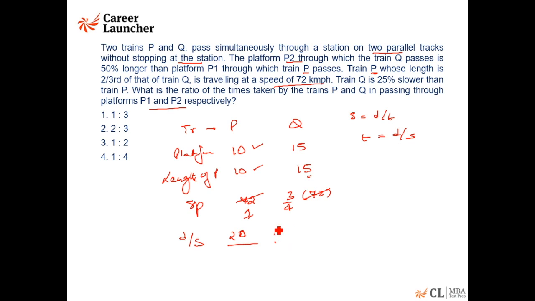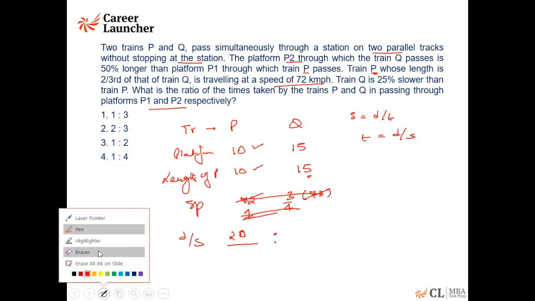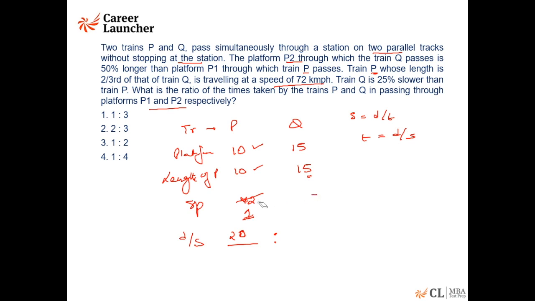Because ultimately, if I'm taking a ratio, does the actual number matter? It is only the ratio that matters. It is 25%, so this is 1 : 3/4. Actually, you could make your task even simpler. Instead of 72 and 3/4 of 72, what stops you from saying I will take this as 20 and 15? Same. The ratio is what we are interested in. So, length is 10 plus 10, 20 upon speed 20, is to 15 plus 15 is 30 upon 15. 30 upon 15. So, what is this ratio going to be?